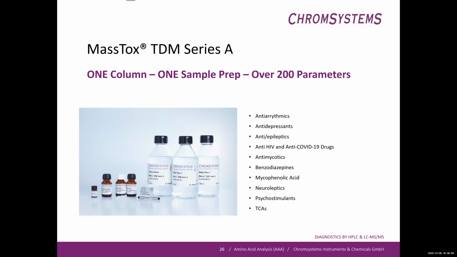In this context, the Mastox TDM Series A, with the simple concept of providing one column, one sample preparation, and allowing you to measure and quantitate over 200 parameters, the drugs, inclusive also of the metabolites, is an attractive one and has become a bestseller. With the results, ladies and gentlemen, that we now have antiarrhythmics available. We have answers for the measurement if you want to measure antidepressants,